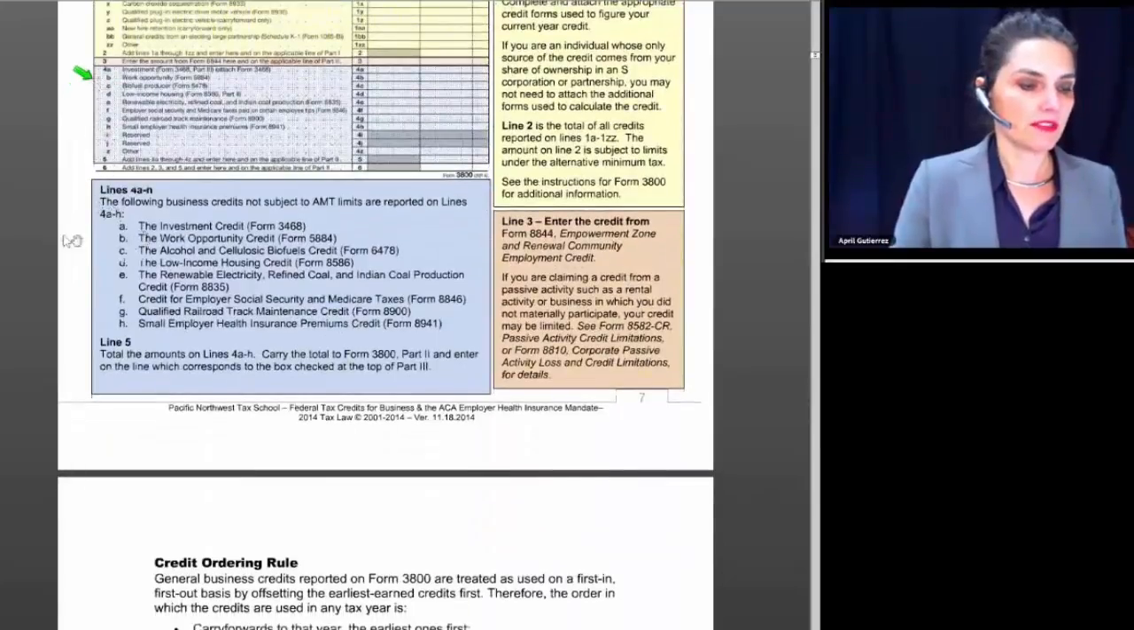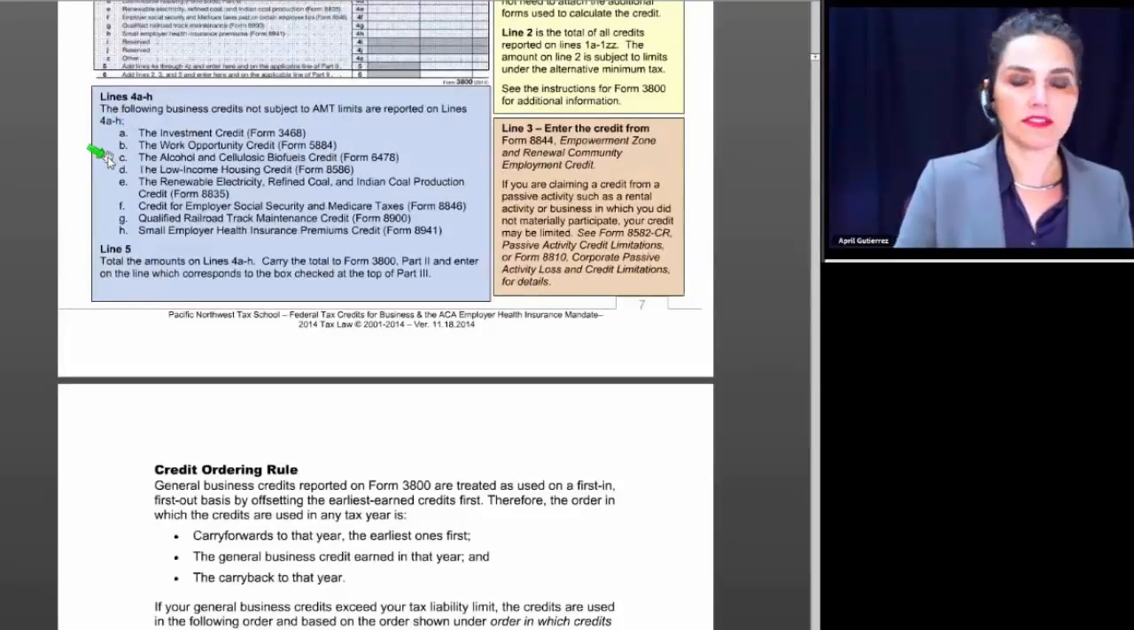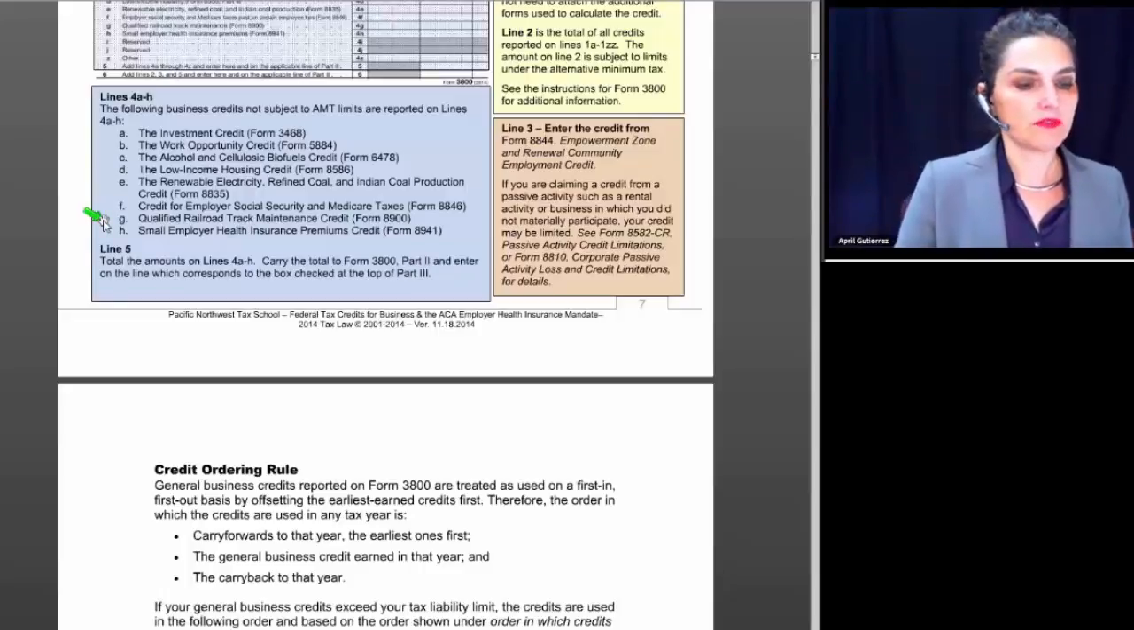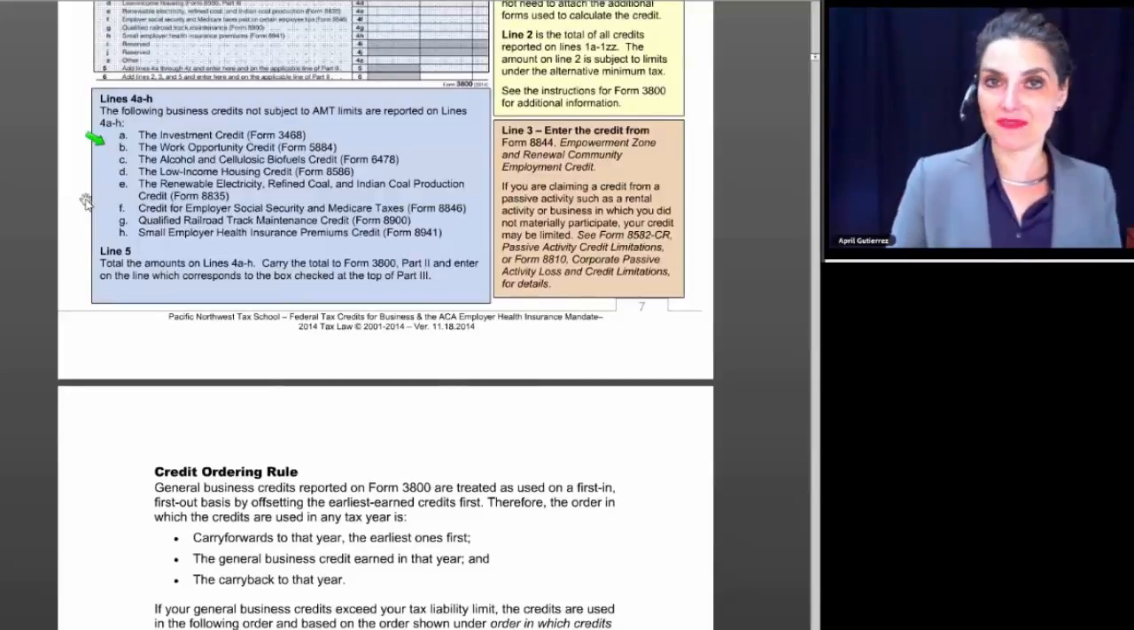The following credits that are not subjected to the AMT limits include the investment credit, the work opportunity credit, the alcohol and cellulosic biofuels credit, the low-income housing credit, the renewable electricity, refined coal, and Indian coal production credit, credit for employer Social Security and Medicare taxes, the qualified railroad track maintenance credit, and the small employer health insurance premiums credit. Having said that, I can tell you that several of these credits expired at the end of 2013